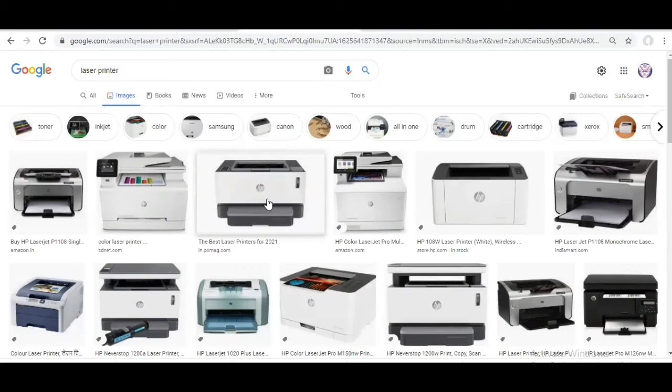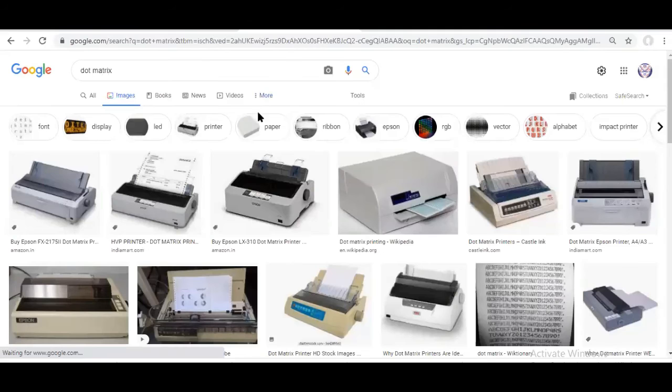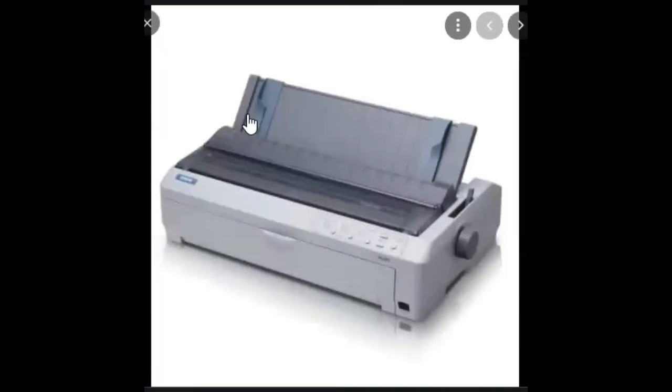it is faster in printing also. Then in printers, there is one more category, dot matrix. This is a dot matrix printer. This type of printer is not common nowadays, but still at a few places it is used, like at a railway station for booking tickets, printing, or somewhere in the billing section of an organization.